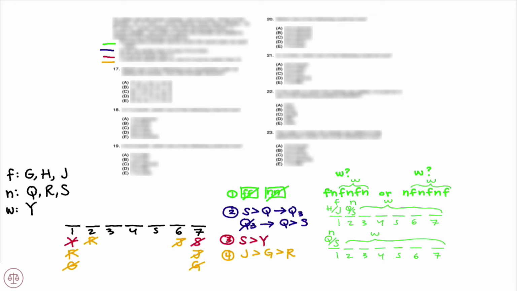Alright, and the last thing to note here is, from rule number 4, since J is before G, we know that G can't be second because in our first option, we have Q or S second. And in the second option, if we place G second, then where would J go? So we can also say that G is not second. All right, so once you have that really big deduction down, it's going to help cut a lot of time from this game. Now let's go ahead and hit the first question.